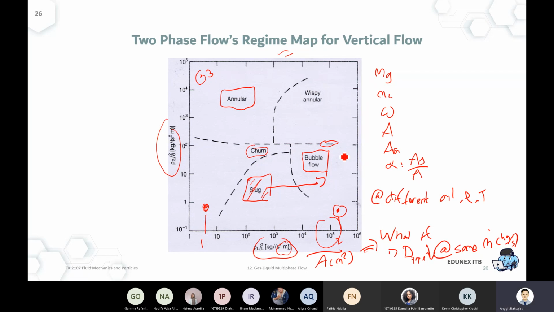Bubble will mostly be at the liquid dominant case, annular will be at the gas dominant case, and slug will be in the transition. Maybe when we have a different oil, the transition shifts a little bit to the left part and to the bottom part. That's very much possible. So that's why for every crude combination, as in the previous project that I worked on for Pertamina, for example, they combine different scenarios.